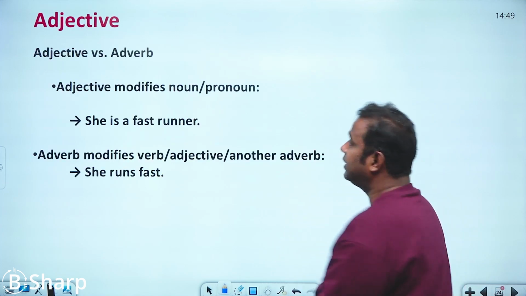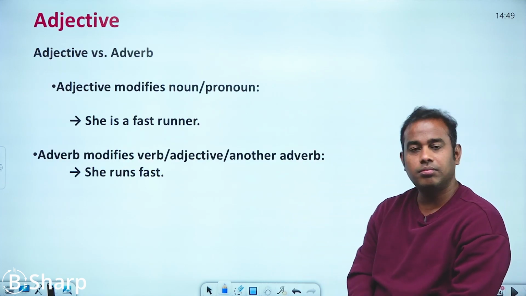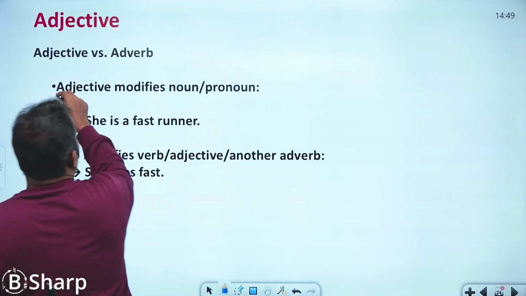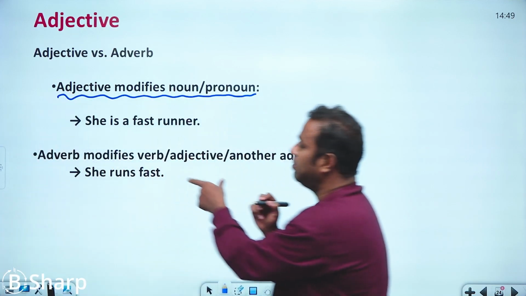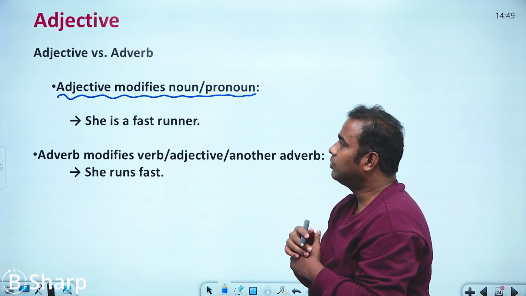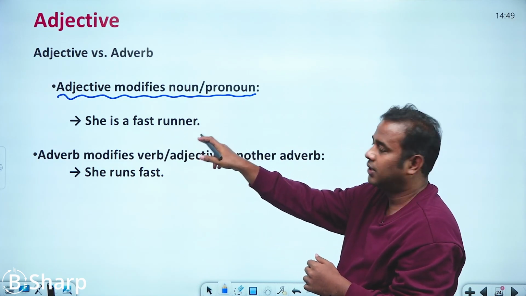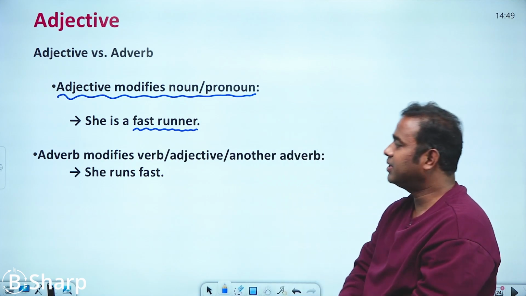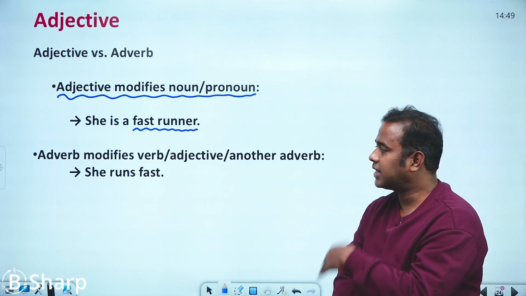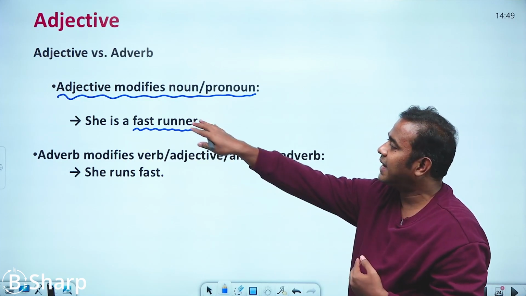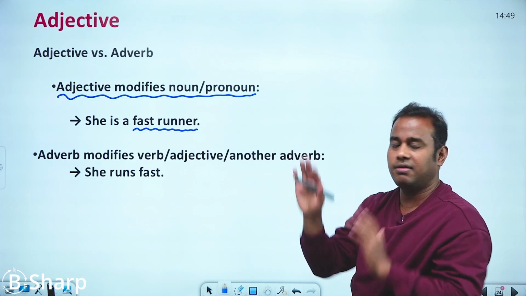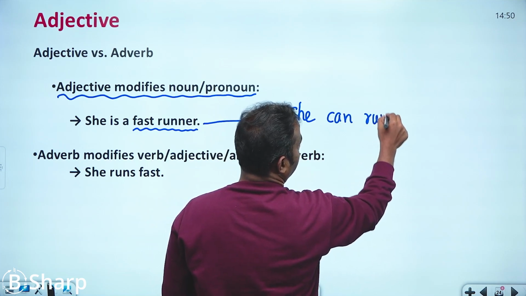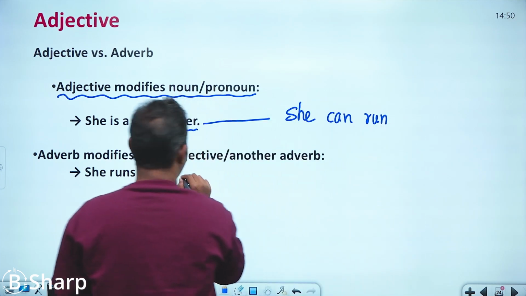This is one point. Then, most of the time, students generally confuse adjectives and adverbs. So what is the basic difference here? The adjective modifies the noun or pronoun, whereas the adverb modifies the verb, adjectives and another adverb. Okay, look at the sentence here. She is a fast runner, where fast runner is basically the adjective, whereas the adverb is she runs fast. It explains the way she is running. When you say she is a fast runner, it means she can run fast, whereas when you say she runs fast